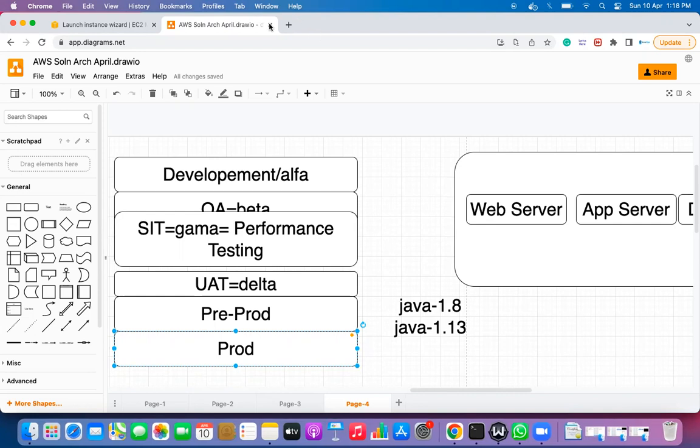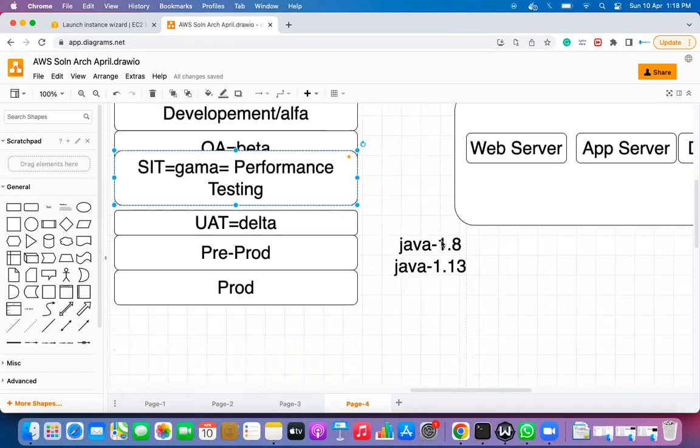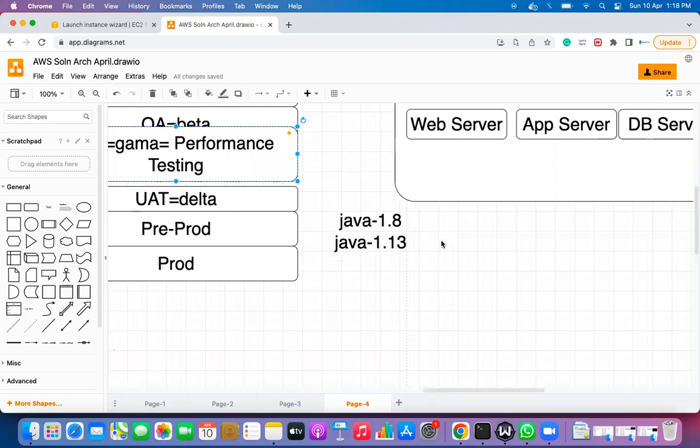Sir, do all servers have the same IP address in UAT, pre-prod and prod, or different IP addresses? Okay, this is a really nice question. So let me tell you, first of all, we will discuss this when we discuss infrastructure architecture. But for a high level understanding, what I'm going to do,